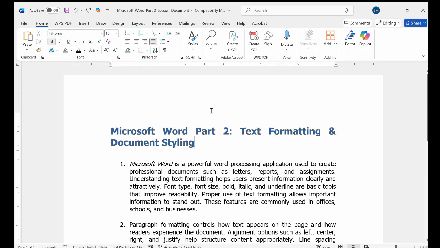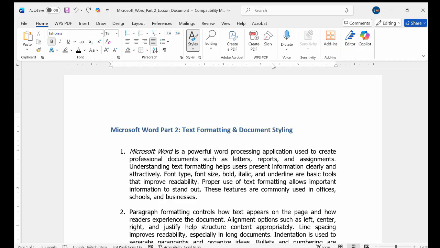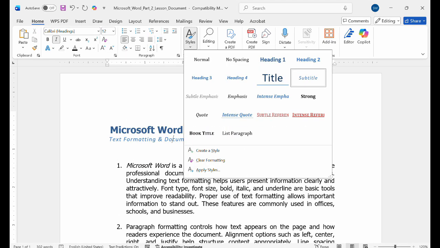We were just finishing these paragraph icons that we can see here. And let us jump to the next one, which is styles. Guys, this is quite important because it's one powerful tool in Microsoft Word. And here you can see, if you look at this arrow here, there are headings. This is normal, no spacing, heading number 2, heading number 3, heading number 4, title, subtitle, and also